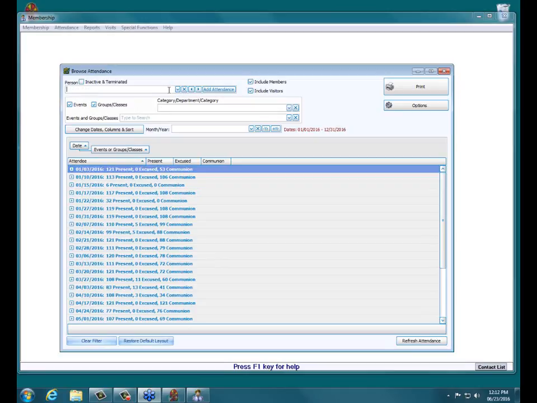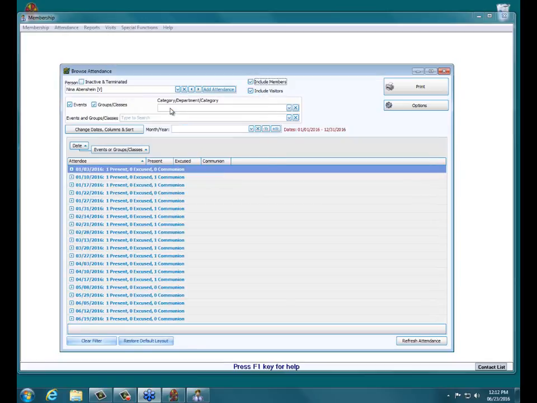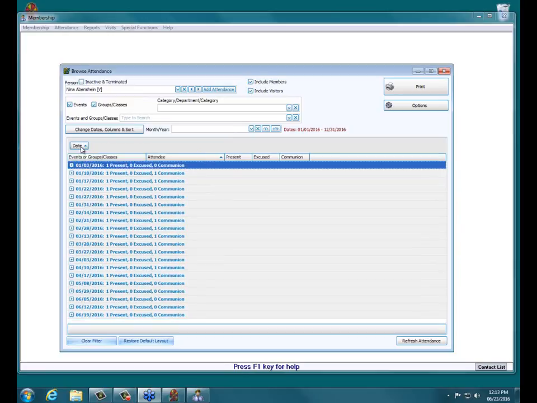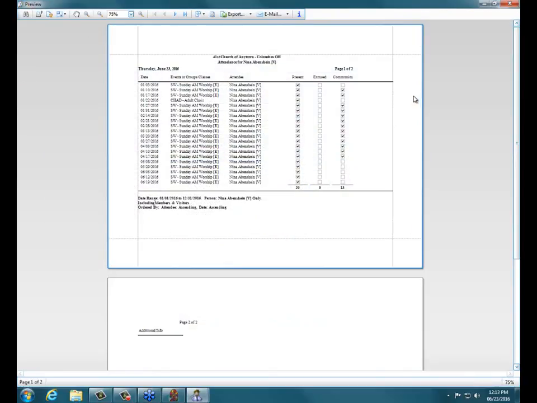And show the person search again. So at the top, you can select a particular person, and then it will show you all the attendance for that particular person. And you can click the print button, and it will